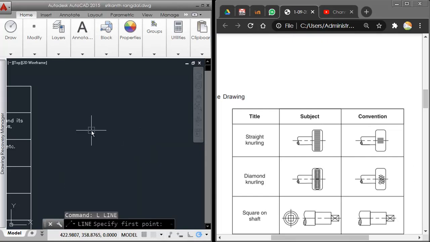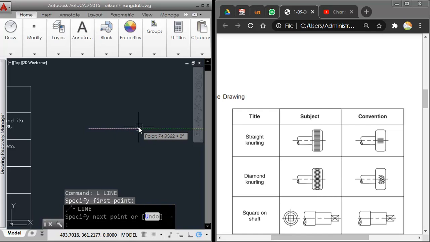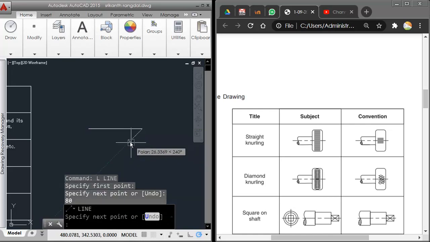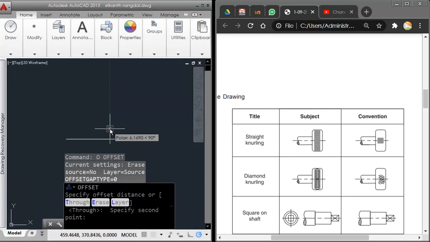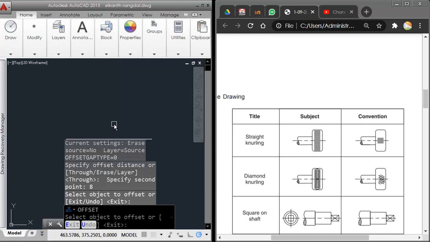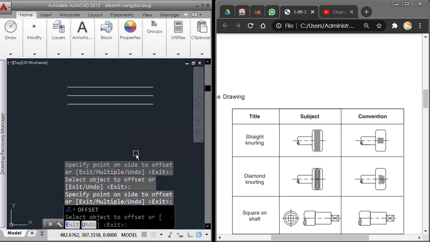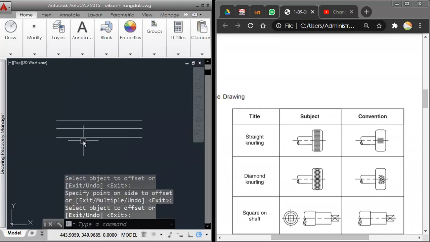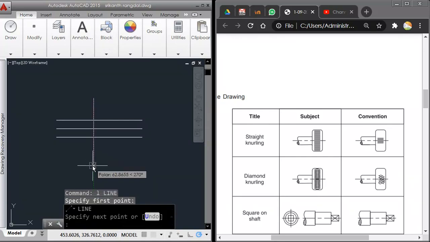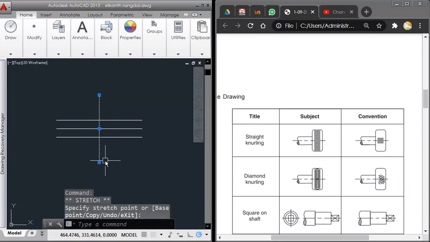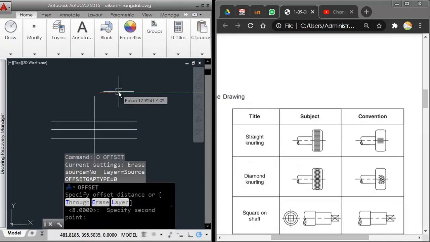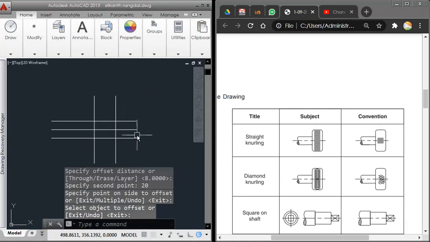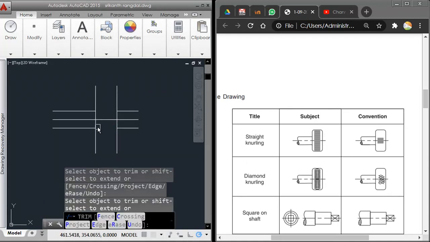Since none of the dimensions are actually given, I'll just go with some random dimensions. I'll just take this length as 80 for shaft, and then I'll take offset, and I guess a length of 8 will be enough on both sides to get the shaft. So this I'll take it as the shaft, and I'll just draw a vertical line to get the starting point here. And then some convenient distance in horizontal direction I'll have to take. I'll just take 20 in this direction. Then I just need to now trim these things off,